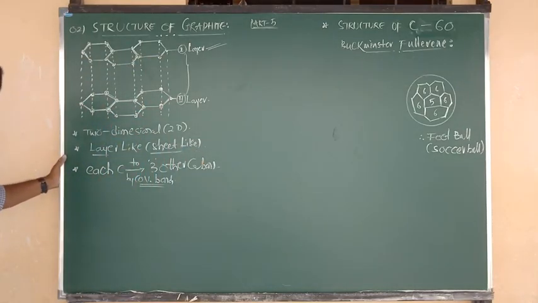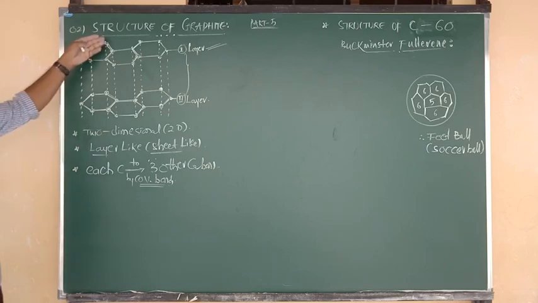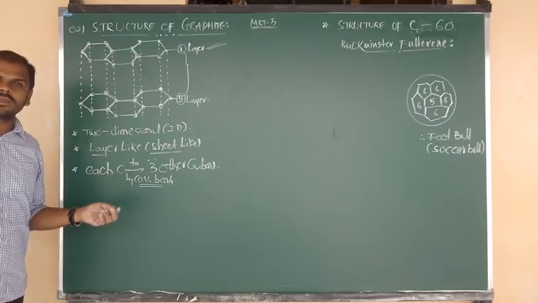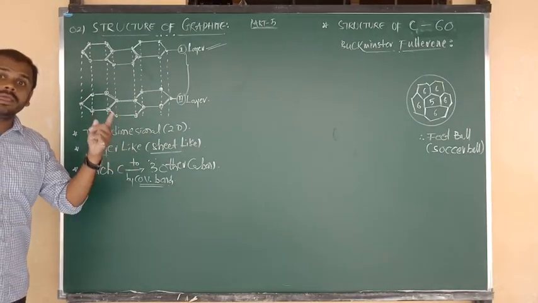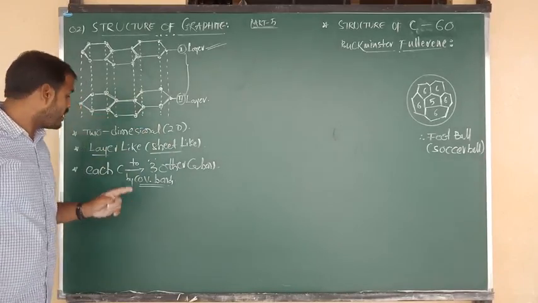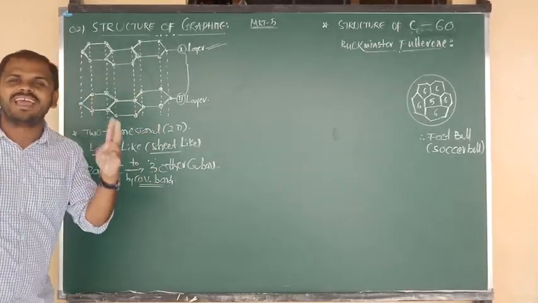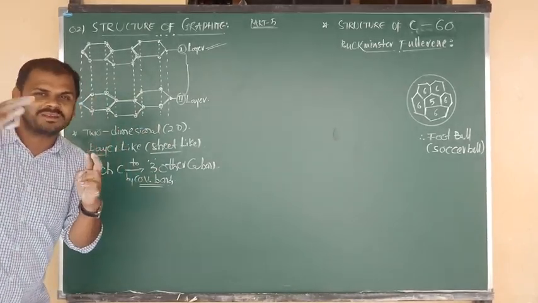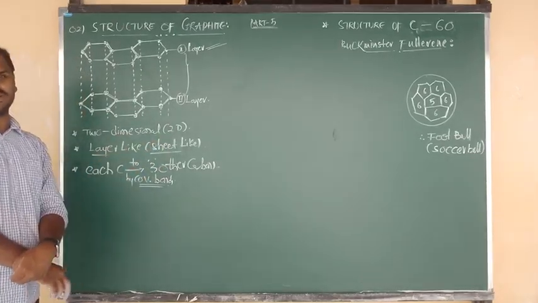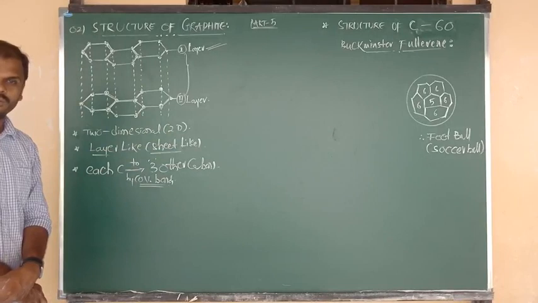Okay, all of you, right? Due to its layer-like structure and its three-dimensional structure, okay? And what about graphite? In diamond, each carbon is connected to 4 surrounding carbons, that's why we can say 3 dimension, but here each carbon is connected to only 3 other carbons, so automatically 1 dimension is reduced, so we can say it is nothing but the 2D structure. Okay, all of you, good.